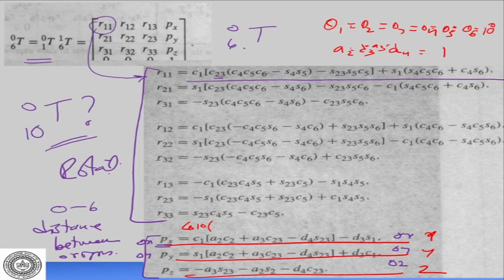Then you put in the values of cos, sine, and the A and D parameters, and you'll get your x, y and z. Similarly, after you get your x, y, z, you have to figure out the total orientation. The total orientation matrix will give the orientation of the end effector. So this is my orientation, this is the position. This is how we do the forward kinematics of a robotic system.